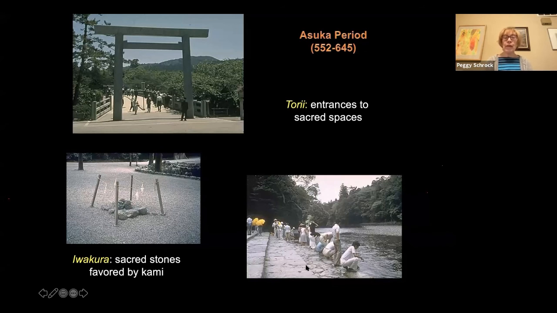This is part of purification ritual, which is always important, washing your hands, etc. This is an example of an iwakura, which is a sacred stone. It's very similar to what would have happened before you built shrines. It's like some rocks, you put some stones down, you put some string around it. So it's just sort of marking a sacred site. And then you pass through one of many torii, entrances to sacred